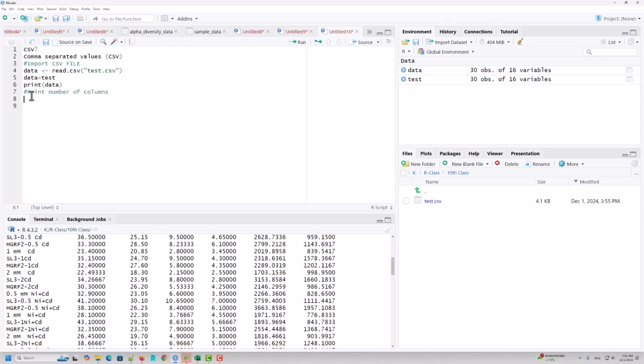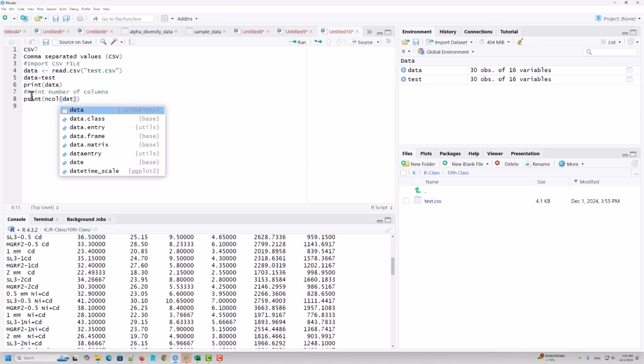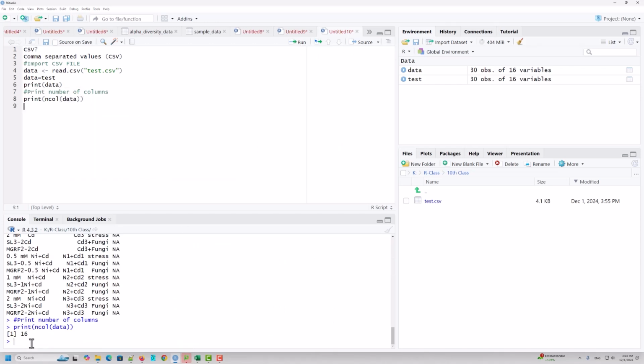Okay, so for that one we will use the print command, print and then ncol. It means number of columns. Then we need to specify our data file here. So the data file is data. When we run this, it means we have 16 columns in our data set,